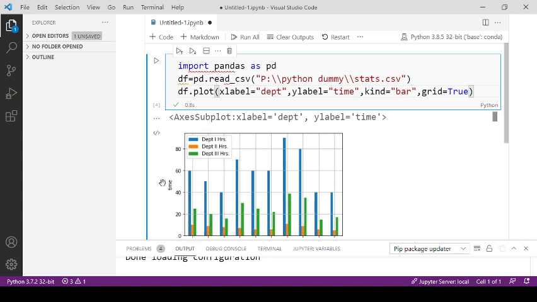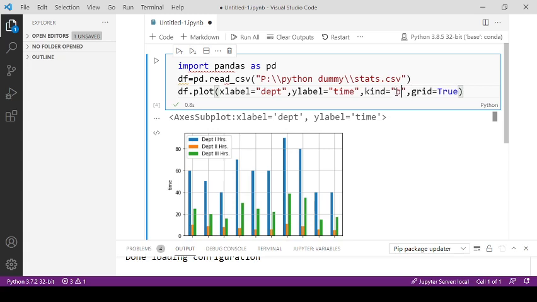We have x-axis, y-axis. This blue one represents department 1 and so on. Here for the first product we have these bars, first for department 1, this second for department 2 and this third green one for department 3, right? And so on. So using this kind parameter we can specify the type of graph, right? Here we can change the type of graph using this kind parameter.